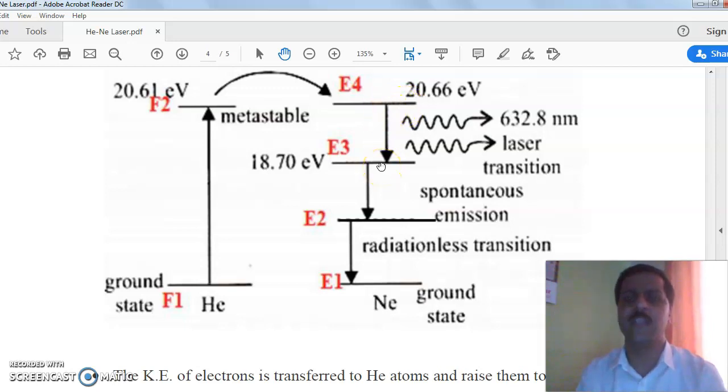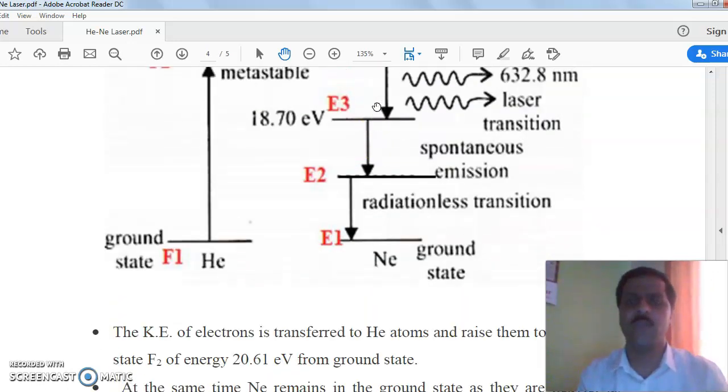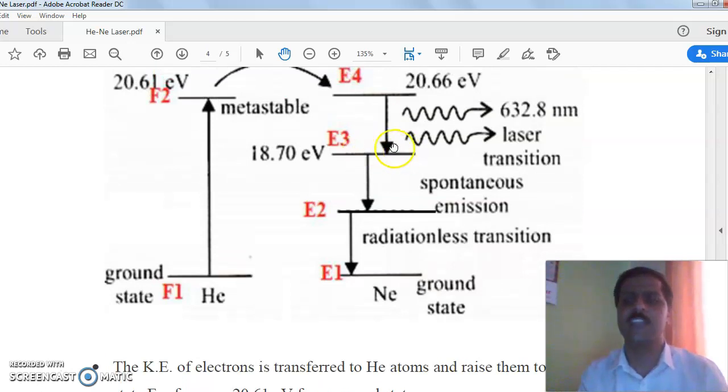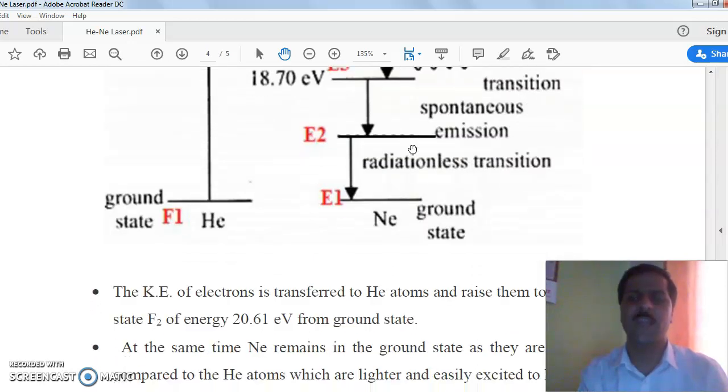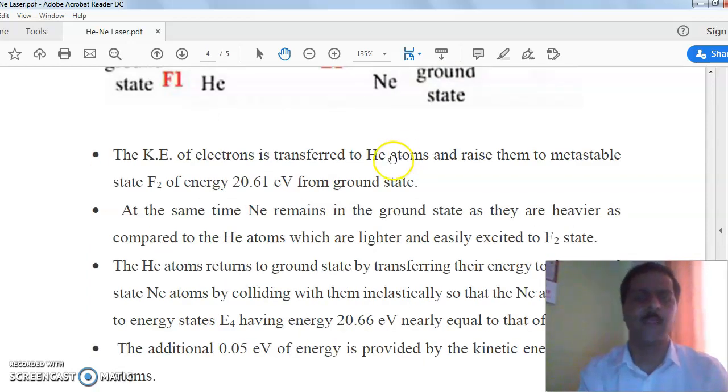One of the advantages of this helium neon laser is that population inversion is achieved between the E4 and E3 states. When the number of neon atoms in the E4 state increases, the number of neon atoms in the E3 state is almost 0. So population inversion is easily achieved, and due to this, a less efficient pumping device is utilized here, in comparison to ruby, and we have a continuous laser beam here.